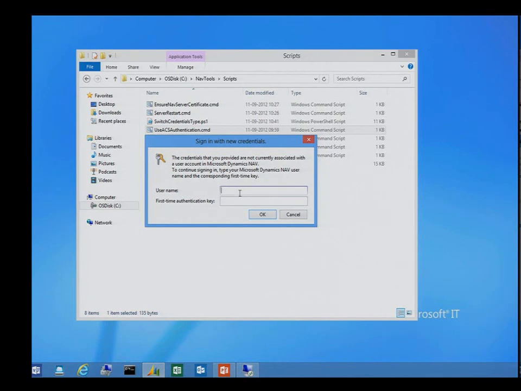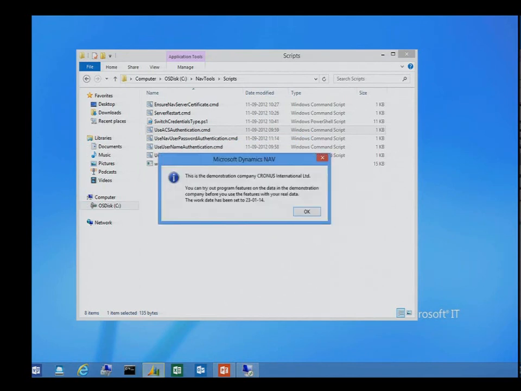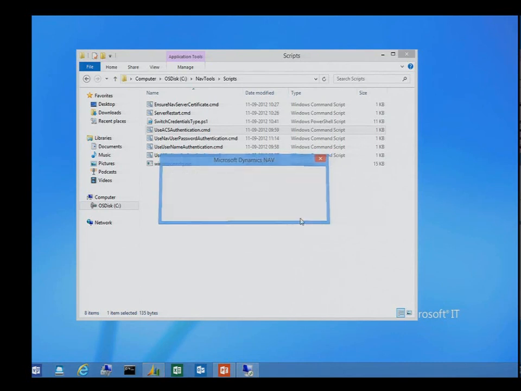So I will type my username, and that's NAV user, and PIN code 1234. Oh, and yeah, the dialog is already there, so I'm logged in.